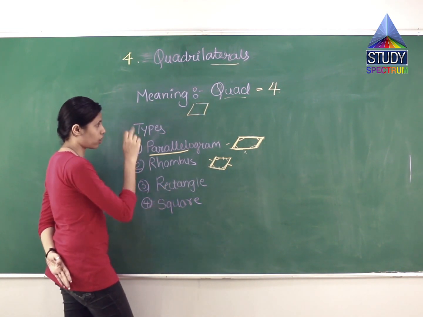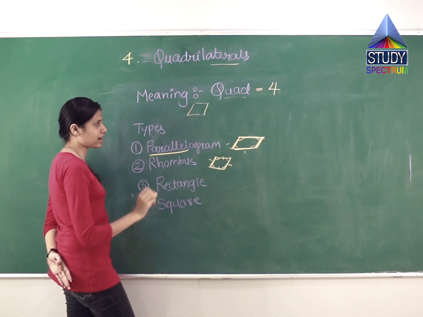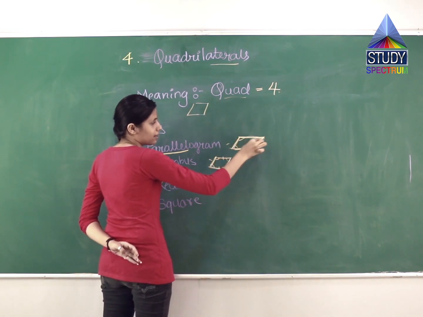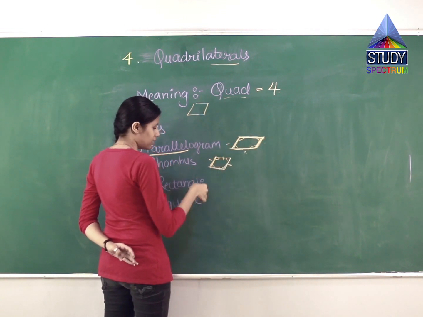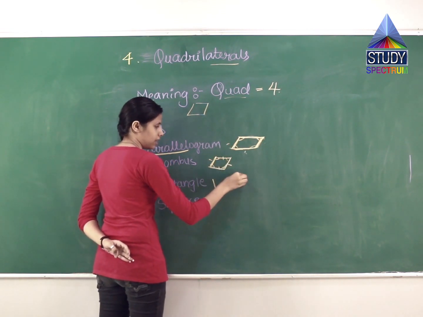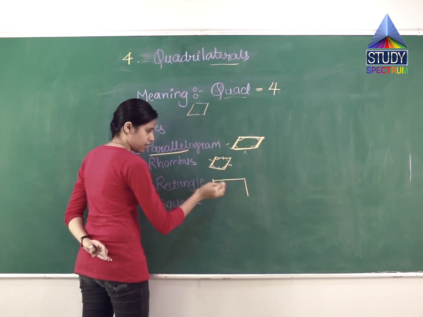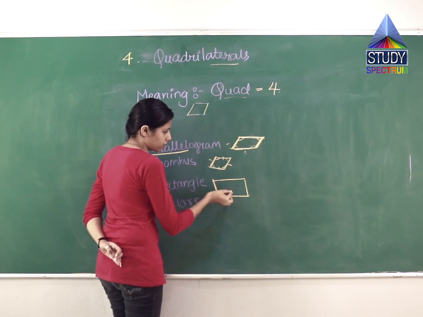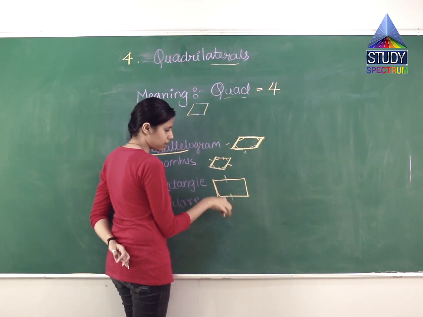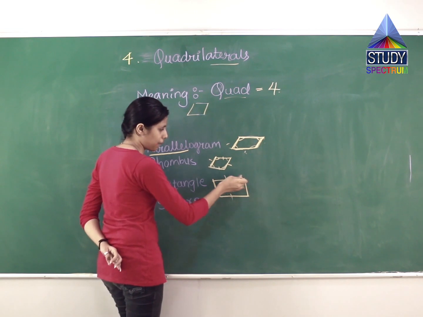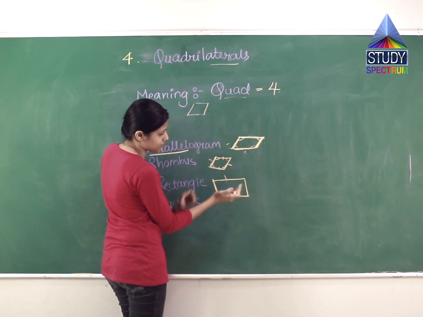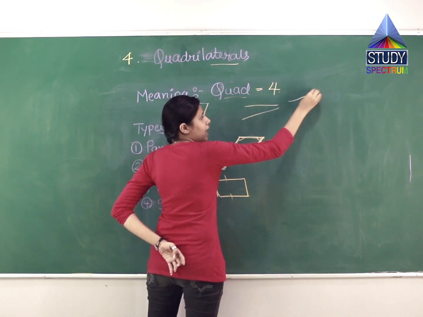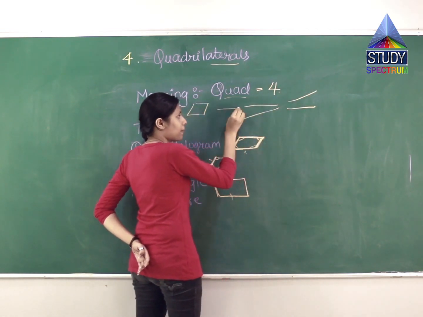The third quadrilateral is a rectangle. What is a rectangle? It is similar to a parallelogram. Just here the breadth lines are slant, and over here they are straight, like this. This is what a rectangle is. The uppermost side and the bottom side are equal in length, and they are parallel to each other. That is, they are like this, parallel to each other. It is not like this and like this, or like this and like this. It is not that.